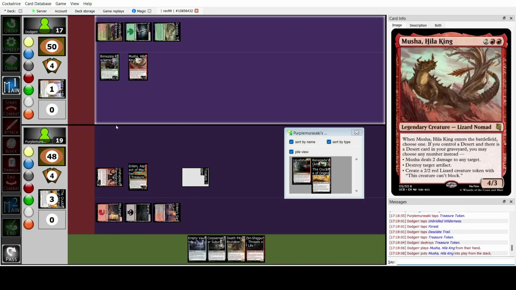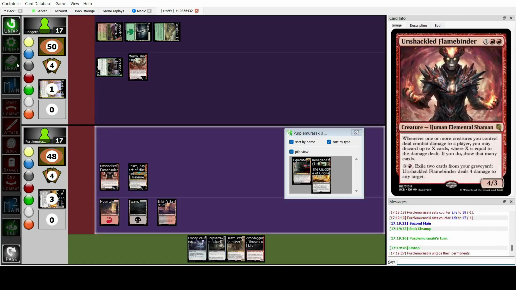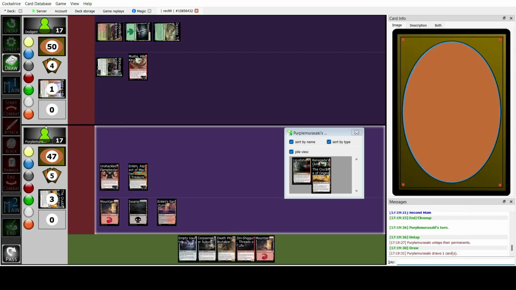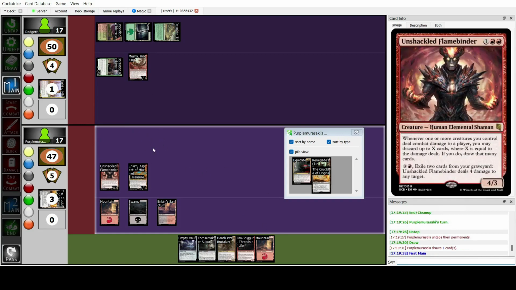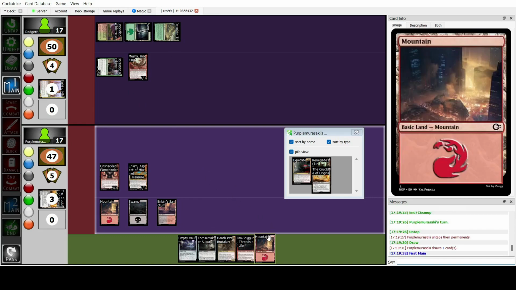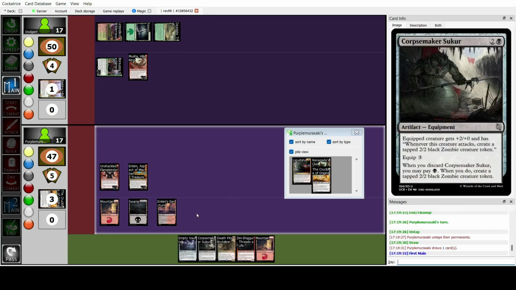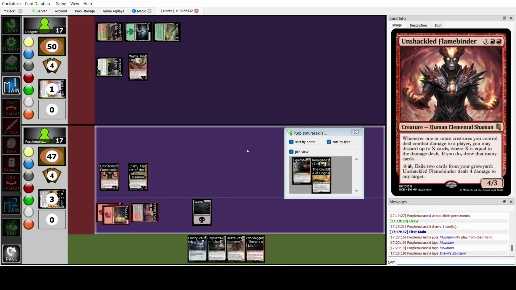Okay, they have a Musha, just using it as an ETB Smelt. I'm looking for land here, yes. Oh, there's a land. So I guess I Flamebinder attack, and then just shoot down Musha. They don't have any lands in hand, I know that. So they missed a land drop last turn. So it feels pretty safe to just go land, activate Flamebinder,